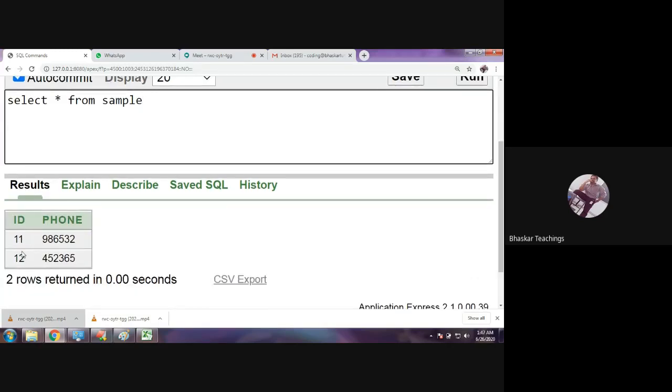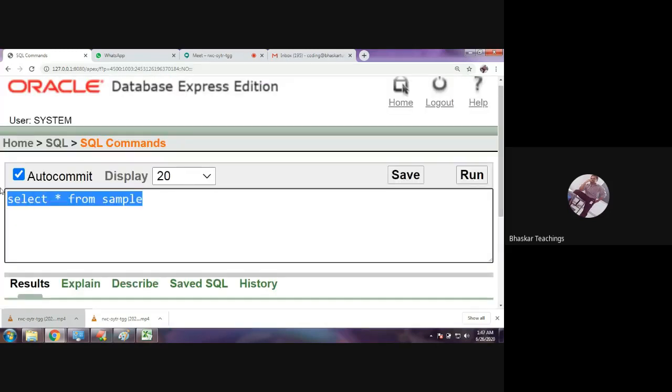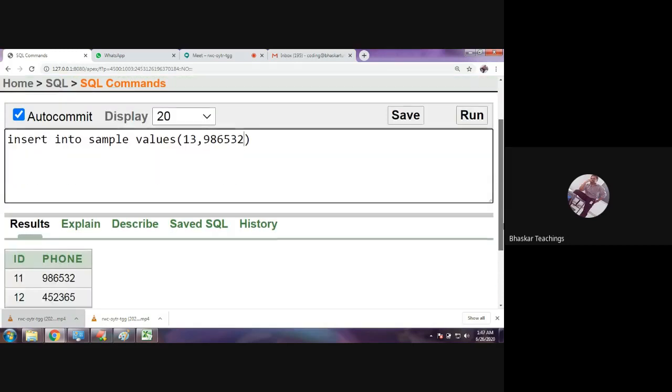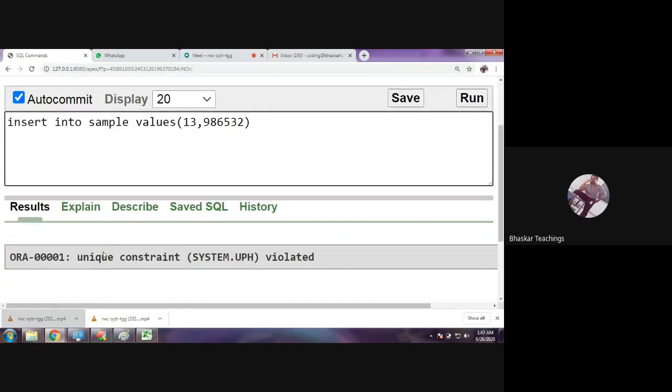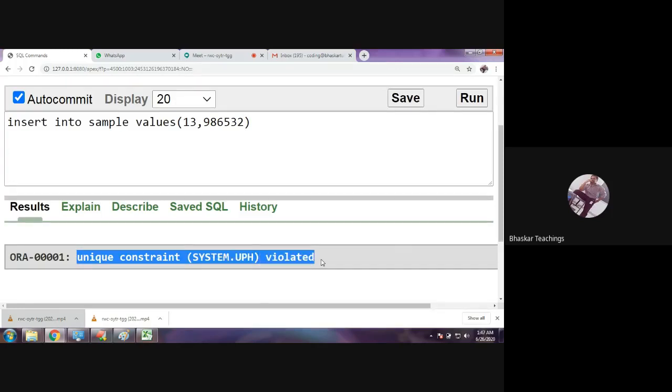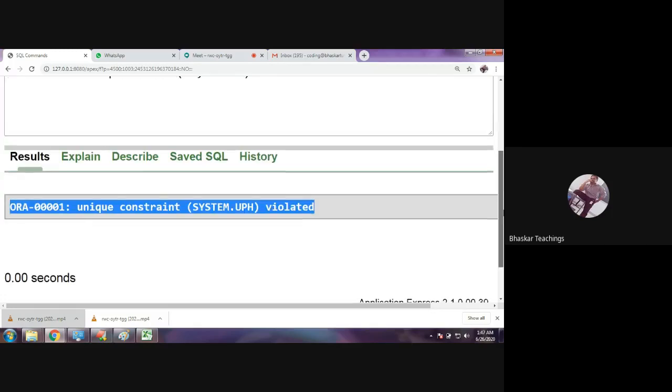So let me copy this and try to add a third record with the same phone number, the first phone number. Run it. What is it saying? Unique constraint violated. This is the same error which would come if you apply a unique constraint on that column.